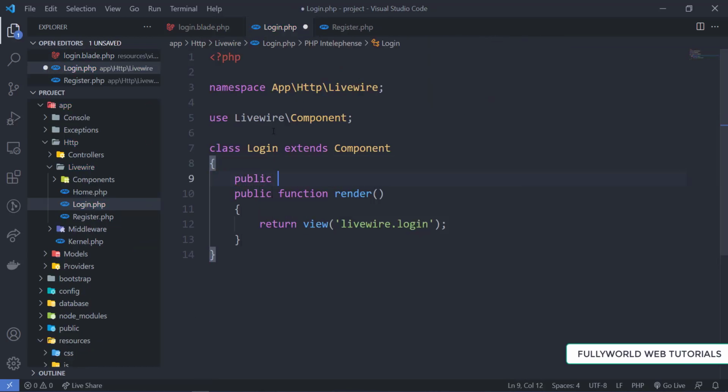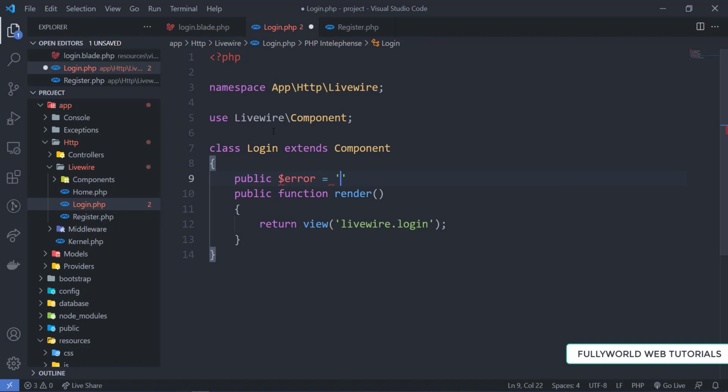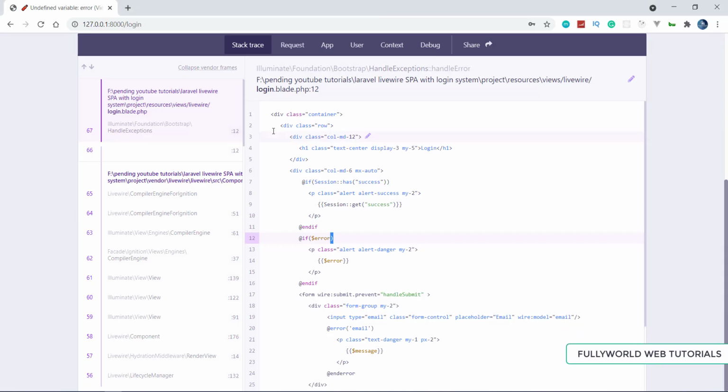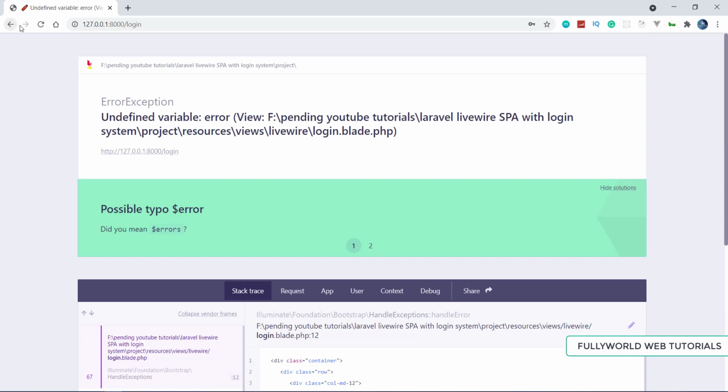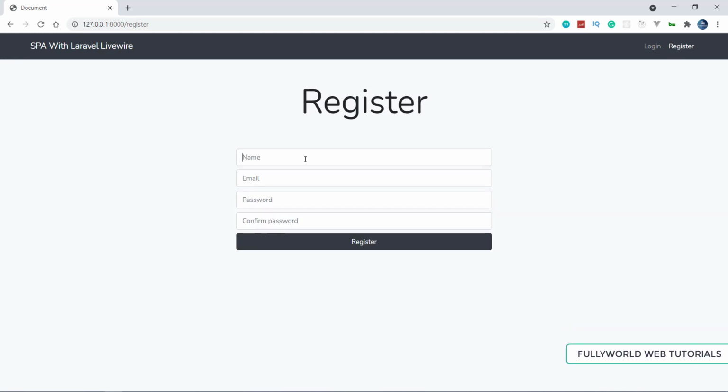It will be public $error, and by default the error will be null. Save it, and now let's refresh again. Now register the user again. So I'm registering the user rs@g.com.